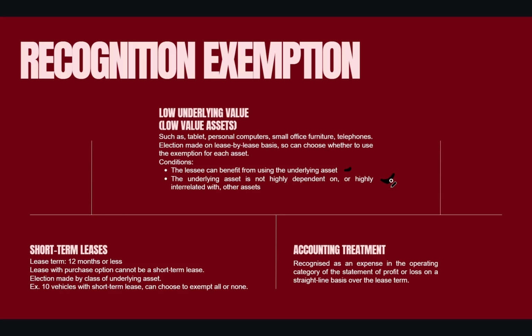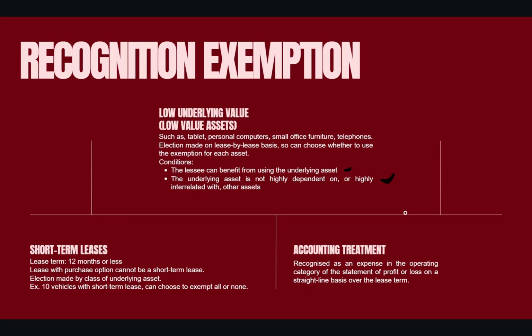For the accounting treatment, it must be treated as an expense in the operating category of the statement of profit or loss on a straight line basis over the lease term. So, for example, if the asset is $10,000 and is used for 5 years, then the expense will be